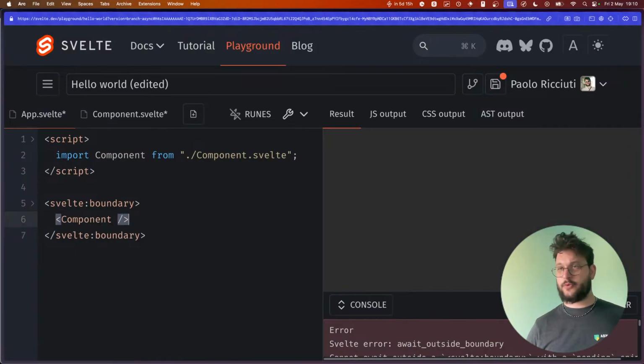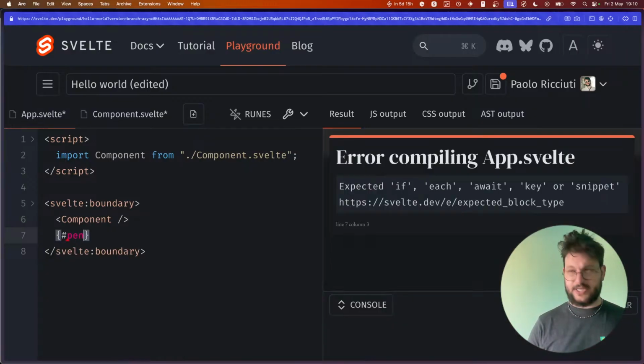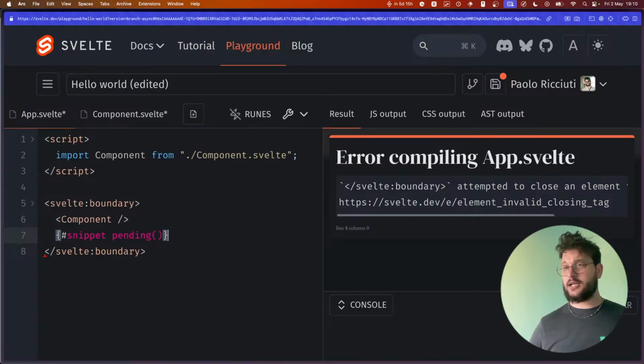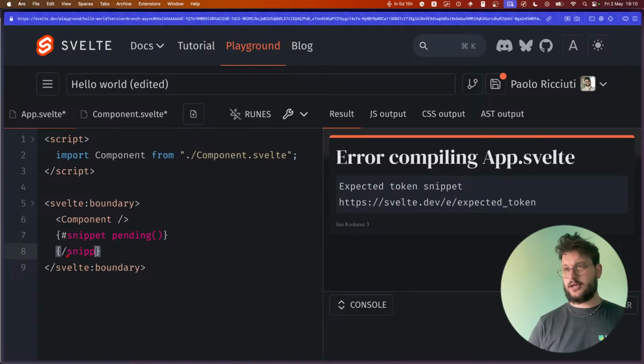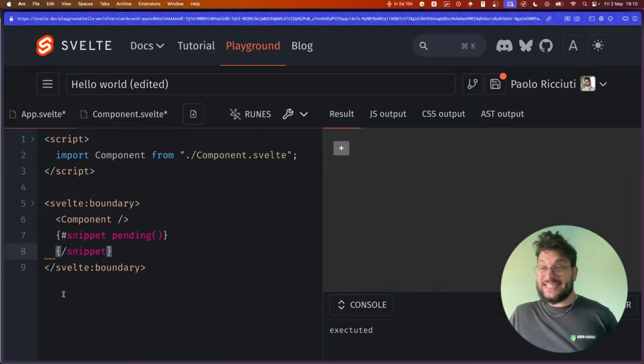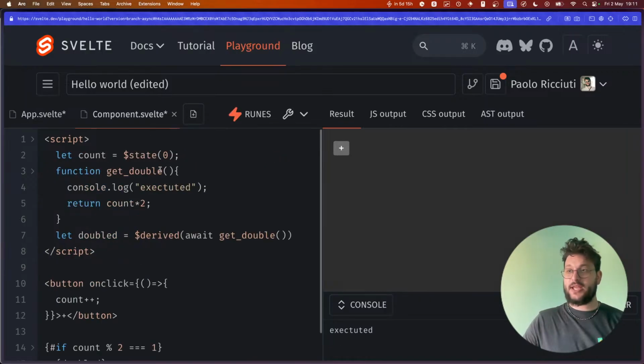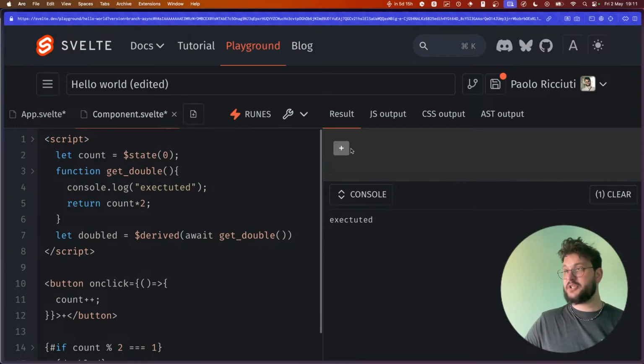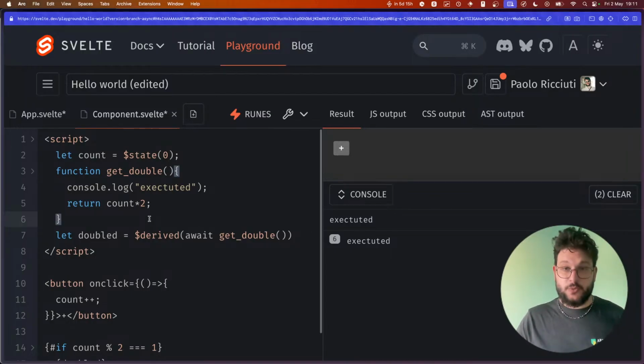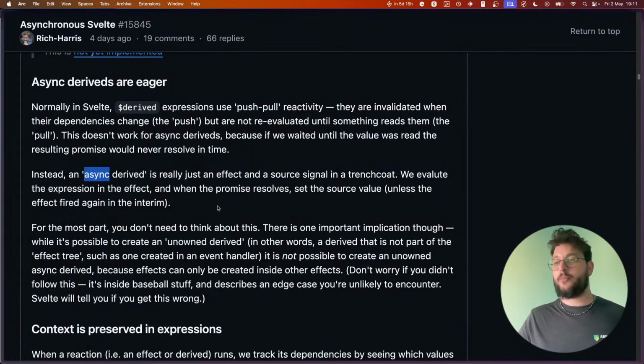I still need to provide a pending snippet, but I don't care. So as you can see, now it's executed immediately. The moment I run this, it's immediately executed, and it's executed again and again and again. So this needs to be like this, and we can see how by the wise words of Rich Harris,